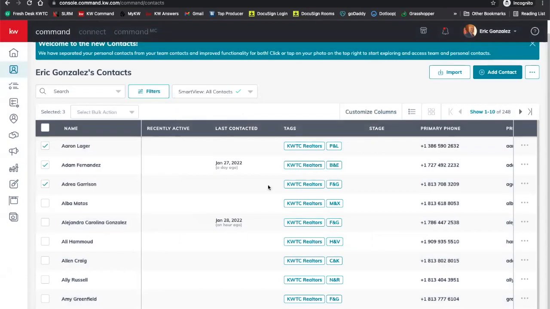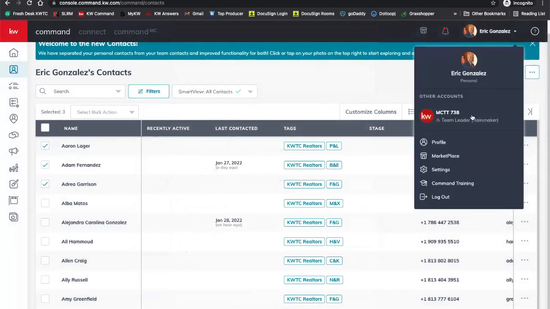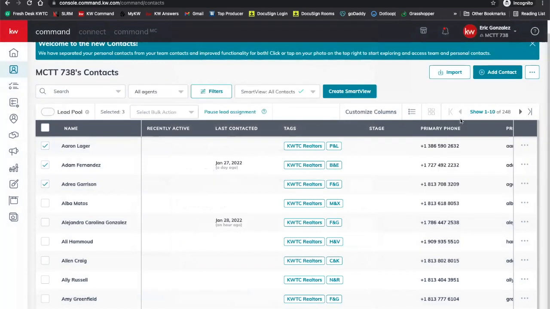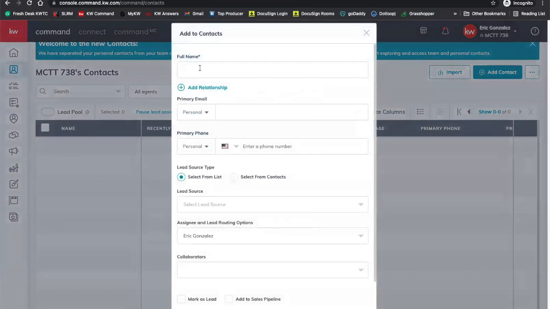For this example, I don't want to touch any of my current contacts. I'm just going to create a quick one under my team profile. To do that, click on your name and go down to profile. I have no contacts in my team profile, so I'll go ahead and create one real quick. No worries. I'm going to click create real quick. And we are going to do